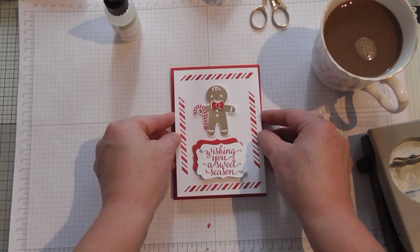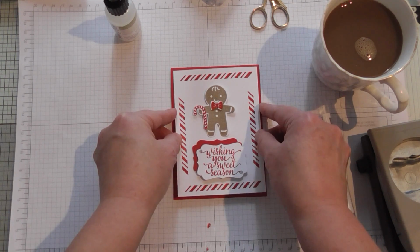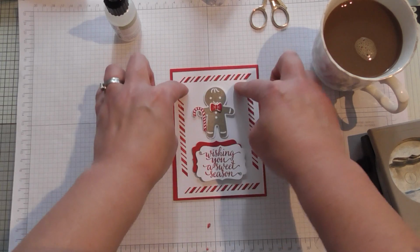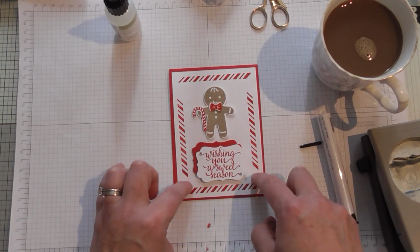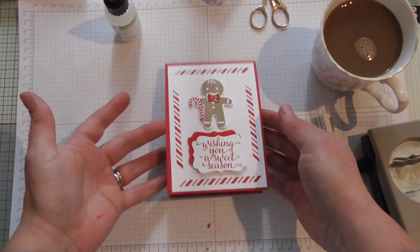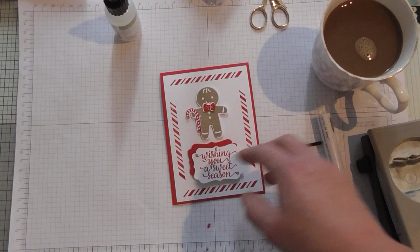Right, I'm just going to very carefully lay that up on there now. Again, I'm being mindful not to smudge that ink. Make sure it's dry when you're stamping straight onto your card. And there you go. A little bit long-winded, but what a lovely card. Now, what you can do, and what I did here,